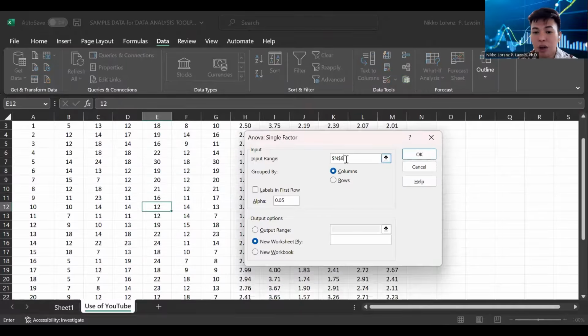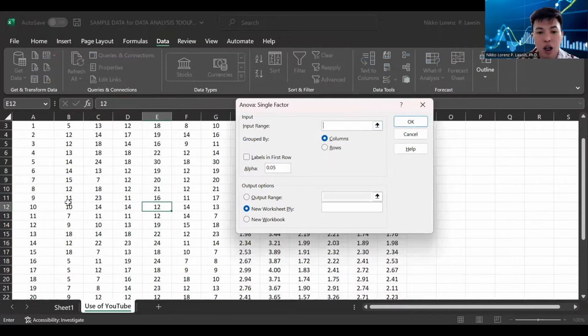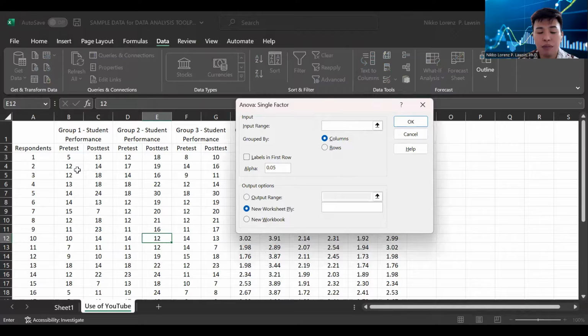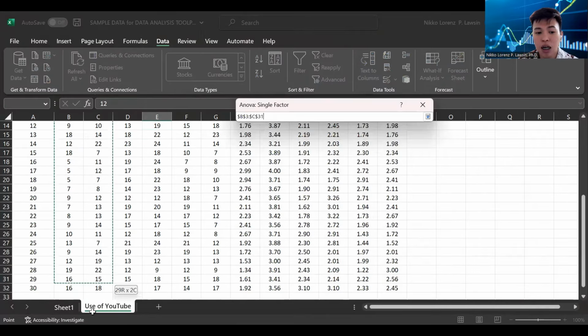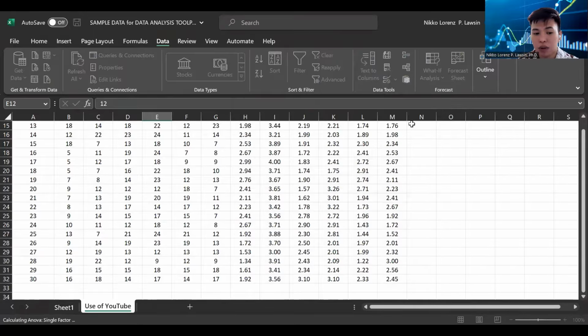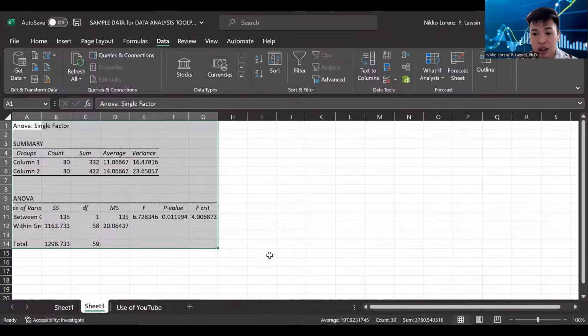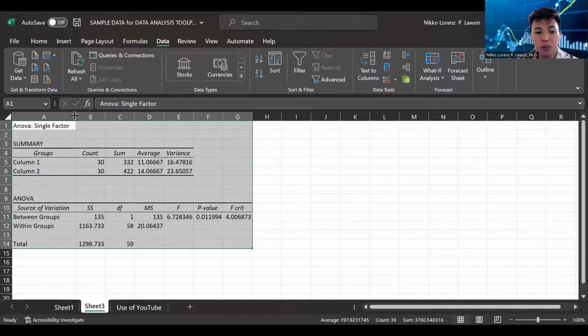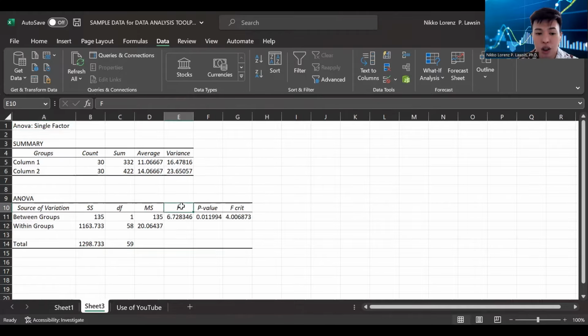This time we have to highlight the set of scores that we will check for significant differences. So we have to do it manually this time, by pair of the pre-test and post-test up to the last respondent. And then click OK. Another sheet of data will come out. Let's just adjust the column. Now, in this result, there are only 3 cells that we need to pay attention to. So this one,